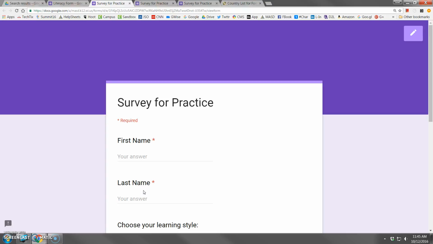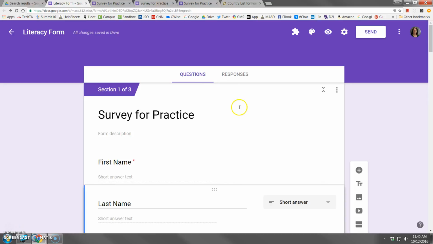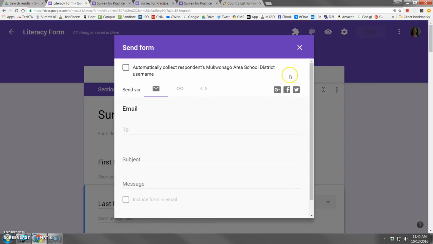I've seen a lot of people who have sent out forms and only to get back the results, and they can't tie the results to the people they need to tie it to. All right, so assuming you've done all that, you're now ready to send. When you click that send button and you've configured this box the way you want it, you have some choices here. You can either send it via email, and then you can enter in the person's email address right here,